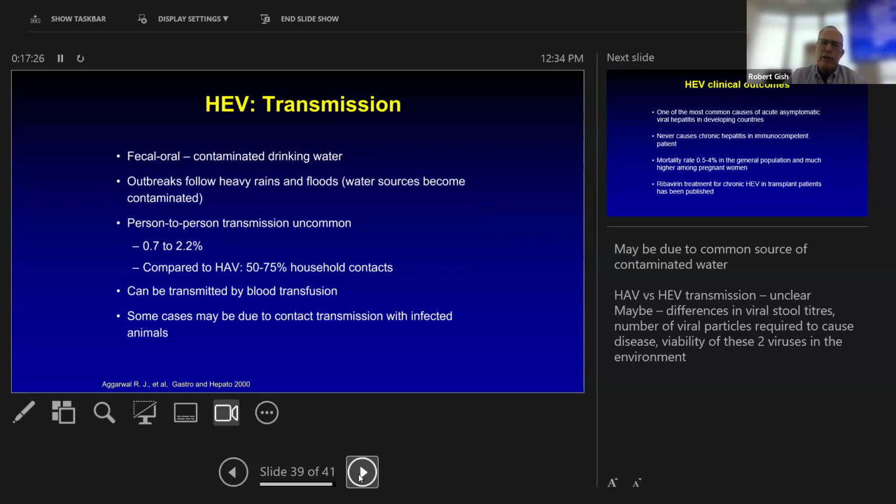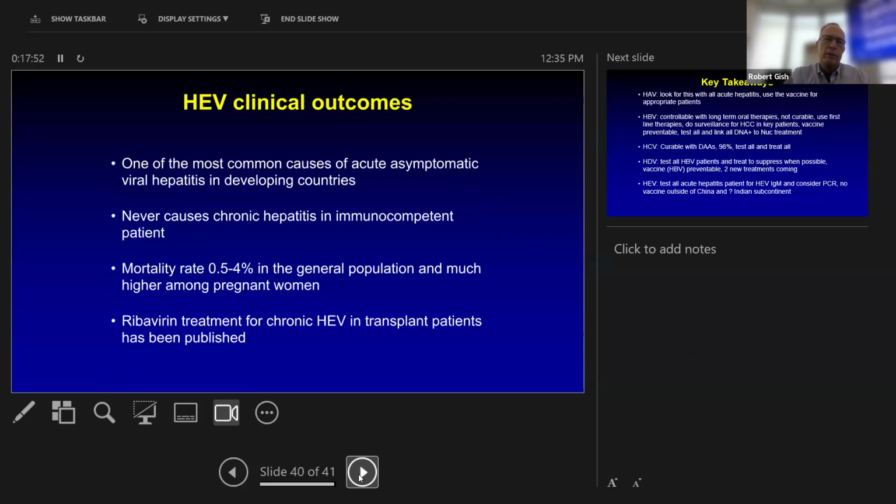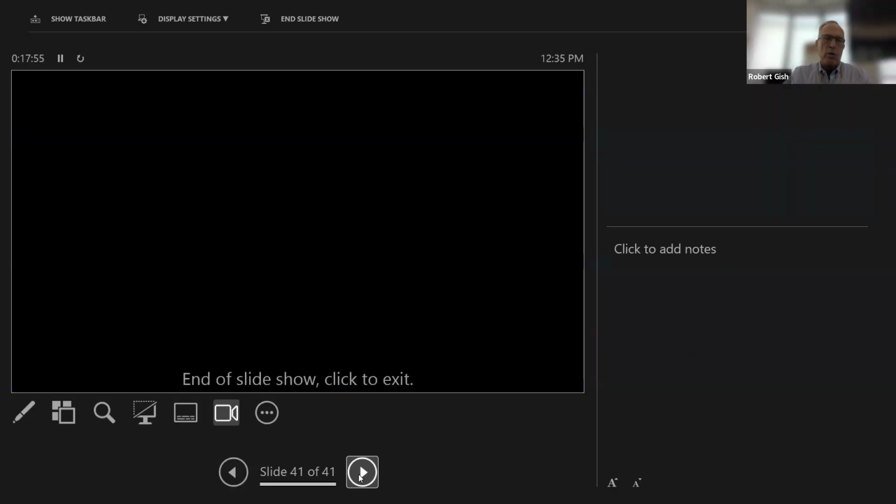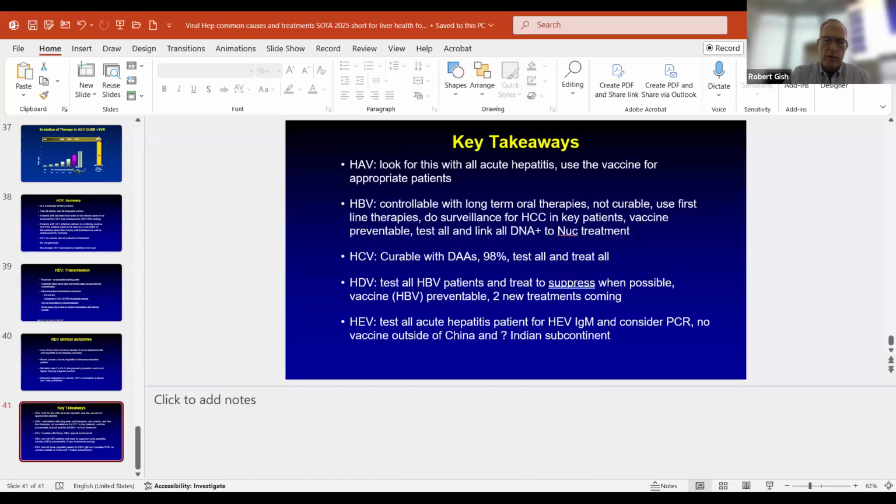Hepatitis E, not important in this country, although once a year you'll hear me asking to order a test. Usually it's an IgM test because somebody has acute hepatitis and the first level workup was negative. There are treatments for hepatitis E, specifically ribavirin, interestingly, but I've probably seen 10 cases of hepatitis E in the last 20 years. It's super rare. Okay. We are going to X out of this and go to